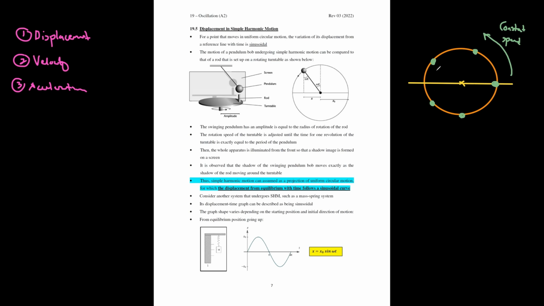Let's call these points respectively point A, point B, point C, point D, and then point E. Okay, so I have a point A here that moves from A to B to C to D to E at constant speed. Let's just say, for example, maybe it moves at 5 meters per second. All right. So as it moves counterclockwise from A, B, C, D to E, you are interested in finding out the displacement of that point